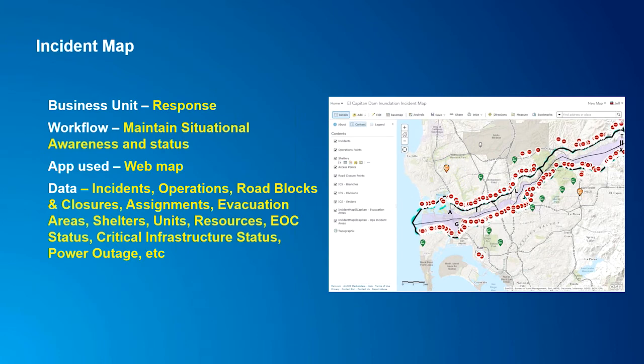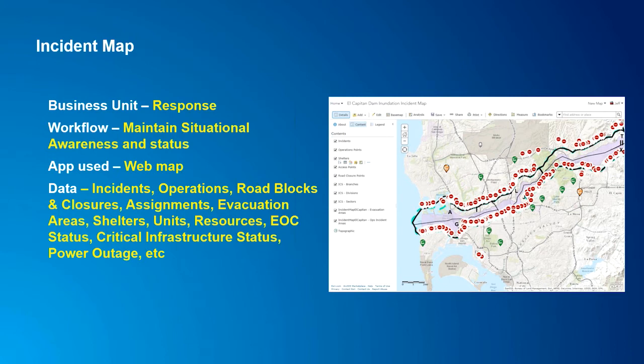One of the things that's really transformational in modernizing your emergency management agency is to think about having a web map that shows the incident information. So when the incident happens and we're in response mode from a business unit perspective, and we're challenged with maintaining situational awareness and status, the web map is the place to start.